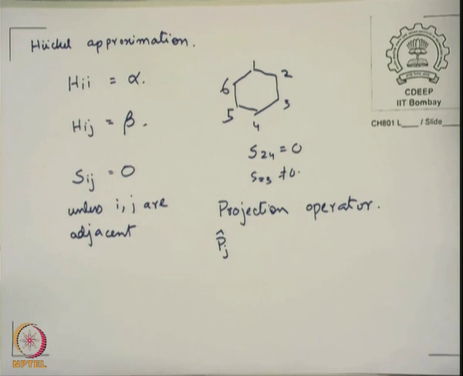So, what does the projection operator do? What does an annihilation operator do? What is the meaning of annihilation? Yeah, it will annihilate, you are right. But how does it annihilate in the language of quantum mechanics? It gives you an eigenvalue of 0, is not it? The function gets multiplied by 0. Similarly, if an annihilation operator annihilates, a projection operator would better project. The question is, what does it project?